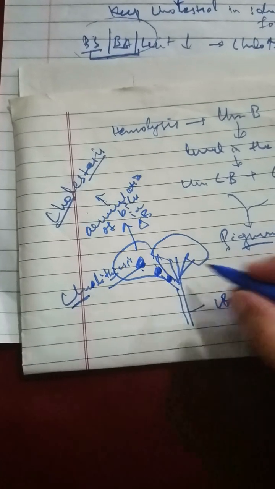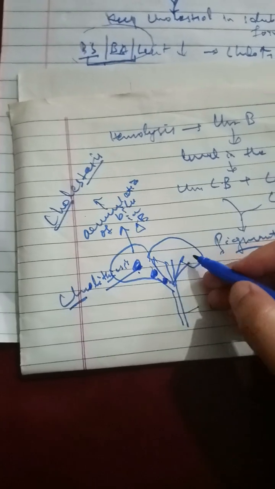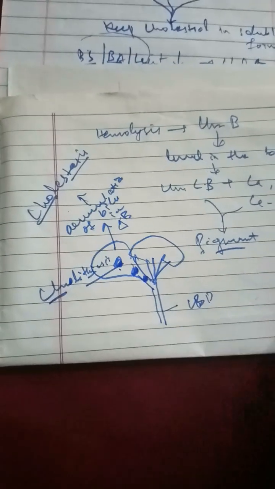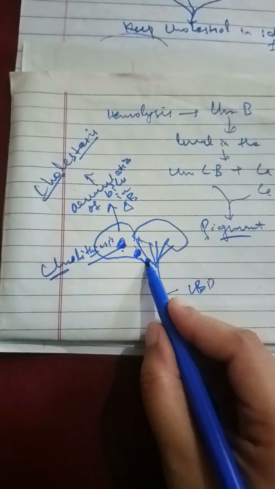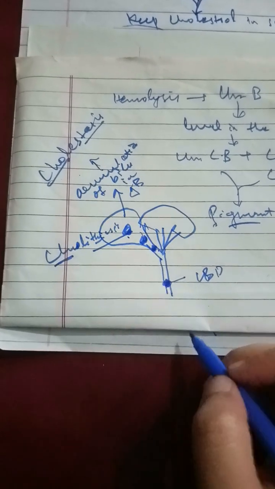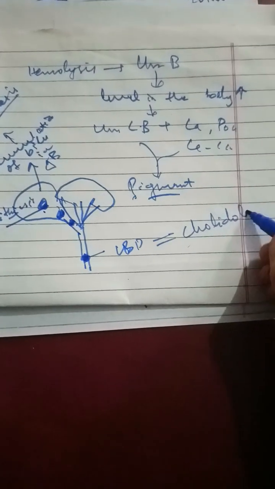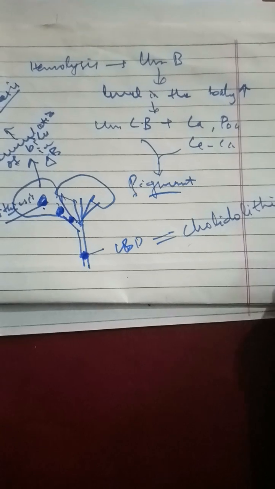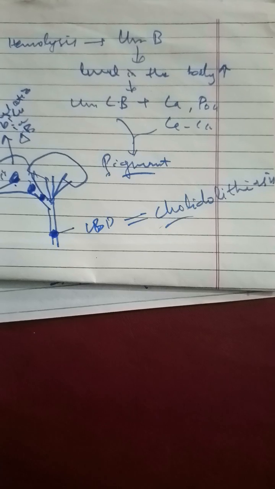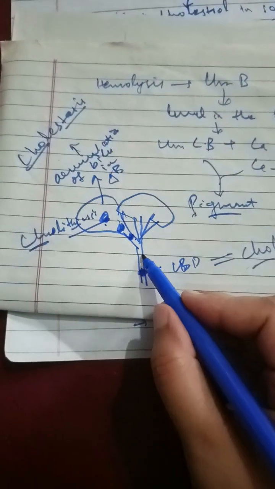This is the CBD, and these are the left and right hepatic ducts. This is the liver, this is the gallbladder. I have made this liver small and gallbladder large. Please ignore this mistake. But if this stone gets dislodged from the cystic duct and comes to the common bile duct and obstructs the common bile duct, then the condition will be called choledocholithiasis. Choledocho means the stone in the common bile duct is called choledocholithiasis, and due to this stone, the stasis of fluid